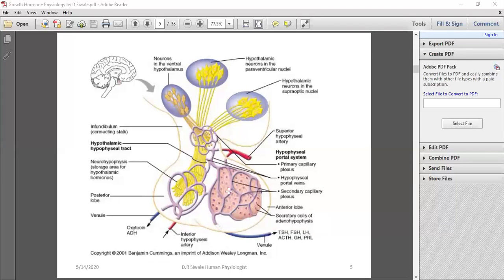So there are two lobes that you can see when you are examining the same gland, the posterior and the anterior. As we are focusing on the anterior pituitary gland, because in the posterior pituitary gland just two hormones are secreted there, that is oxytocin and antidiuretic hormone. So our focus is just on the growth hormone released by the anterior pituitary gland. Okay, this is just a diagram. You can look at it at your own time.